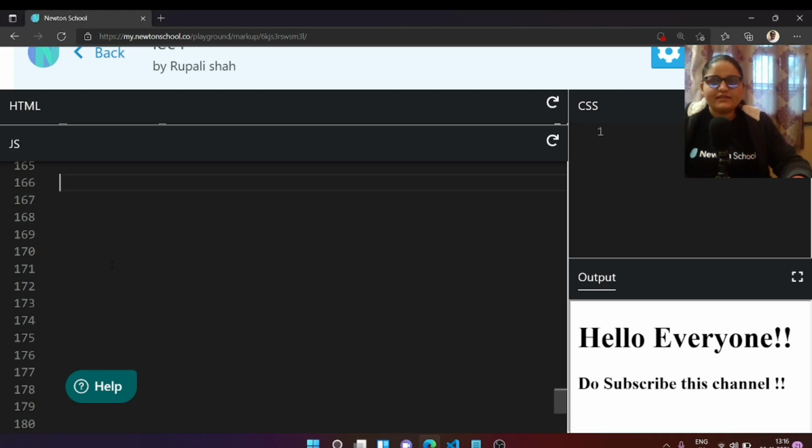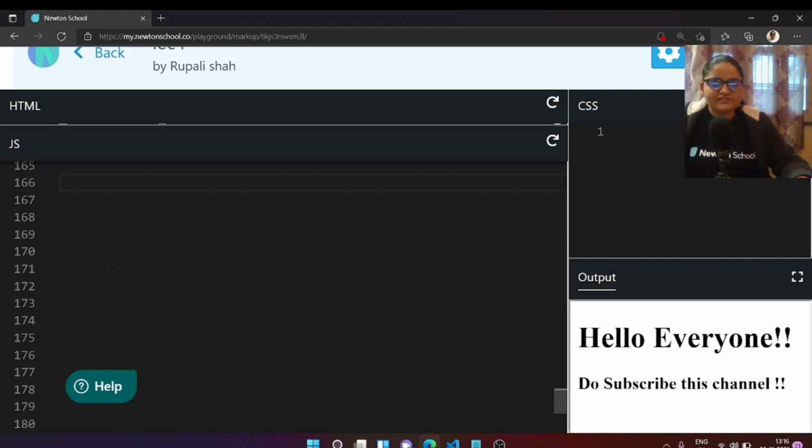Basically, today's agenda is covering conditions: if you want to run a bunch of code on a particular condition when it passes, how you can do that. We're also going to look at the if else statement, and if time permits, the switch statement.